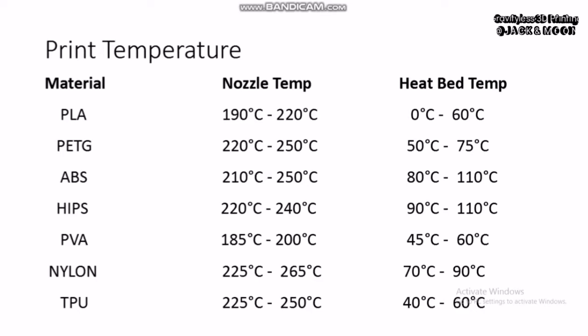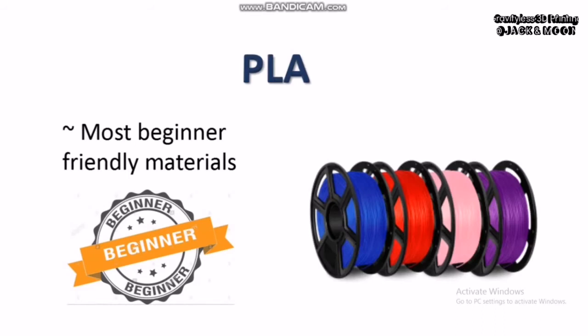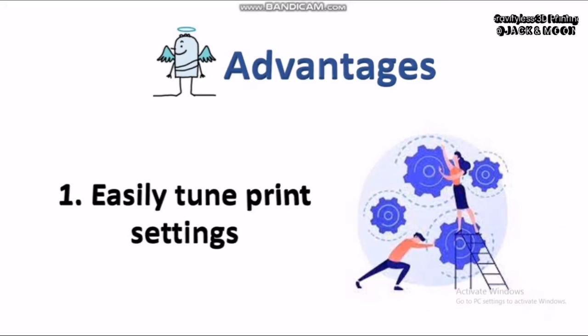The first filament material to be discussed is the commonly used PLA filament. This is the most recommended material for beginners to start printing with. There are a lot of advantages to printing using this kind of material. Firstly, settings to achieve better quality PLA prints are easy to tune. Because PLA is very forgiving of variations in temperature and printing speed, chances of getting print failures like warping and